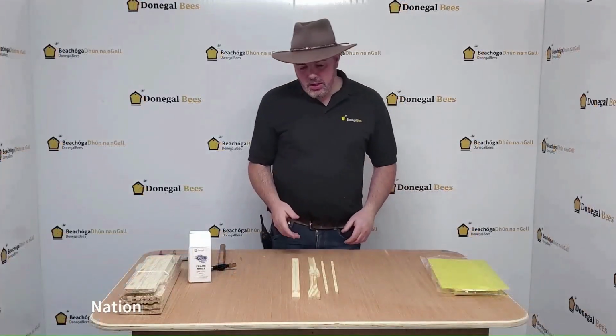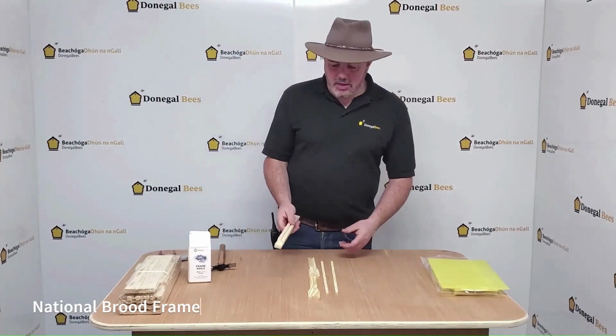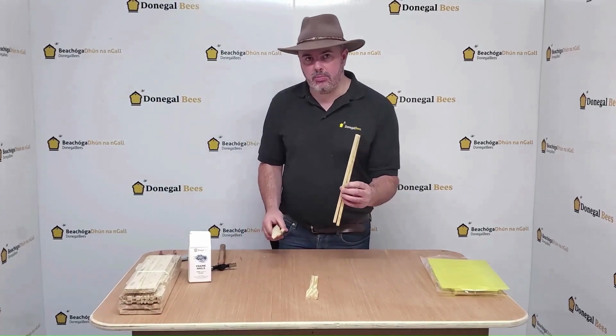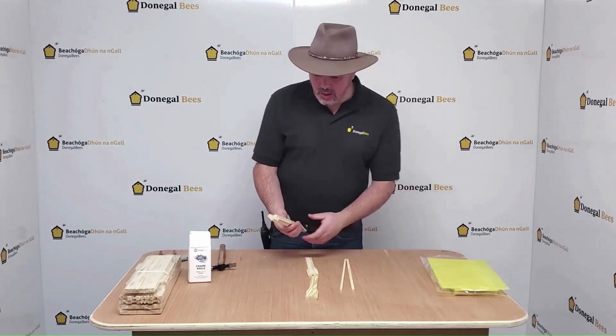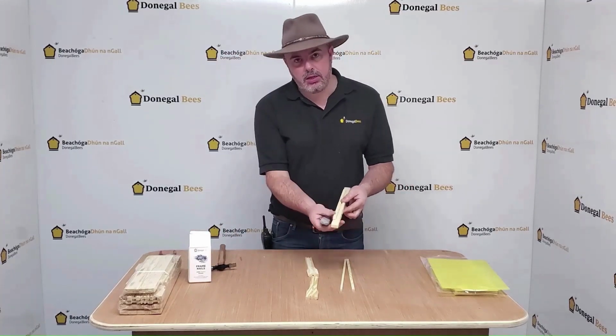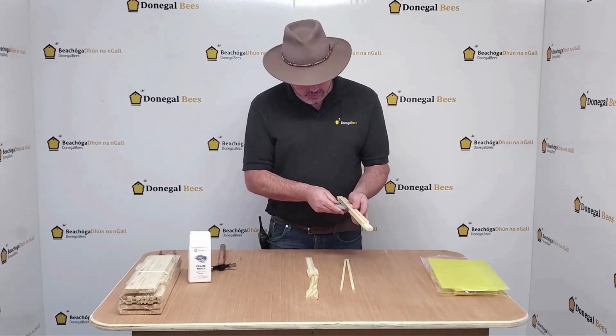So hi guys, today we're going to assemble a National Brood frame. It consists of 5 pieces: top bar, 2 side bars and 2 bottom bars. You start off with the top bar and you remove the wedge. You'll see a piece that's actually not fully supported. You run it along with a knife